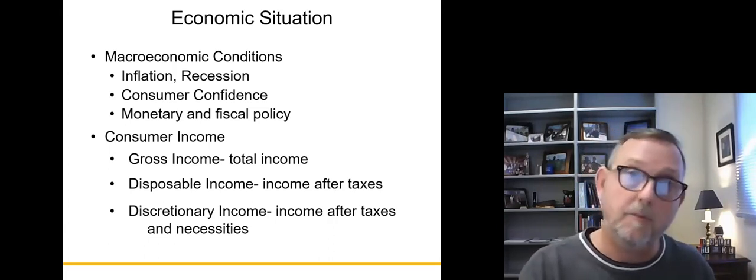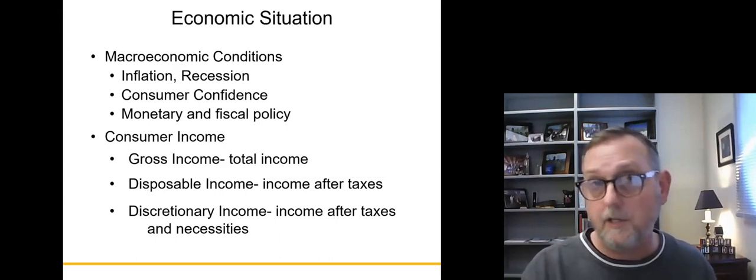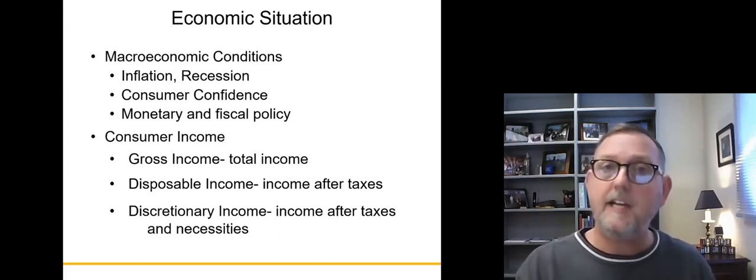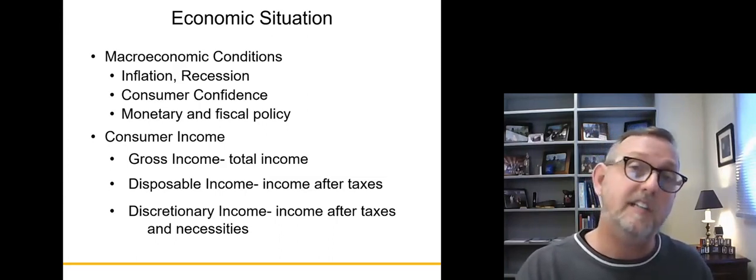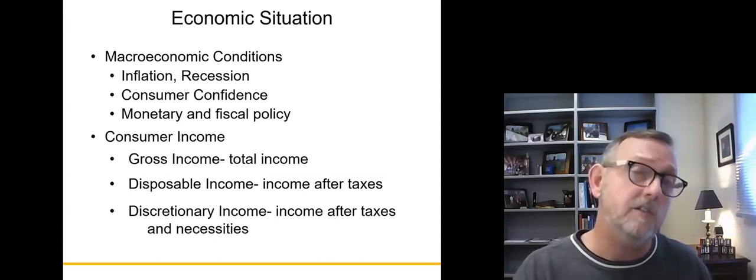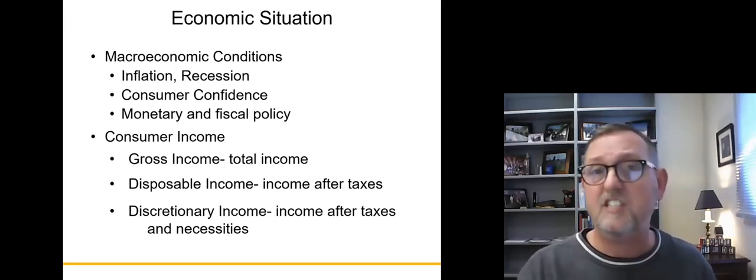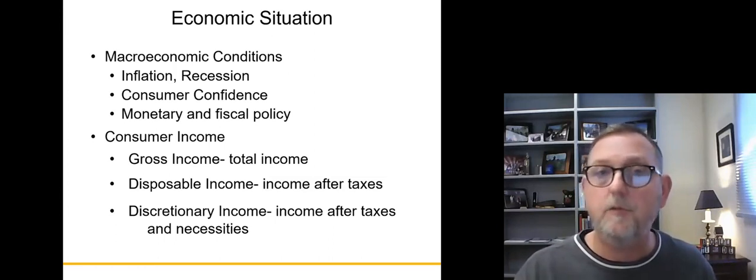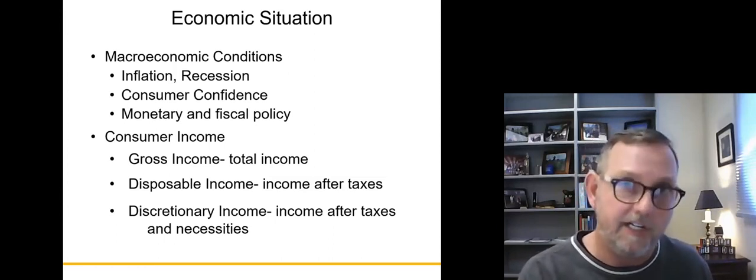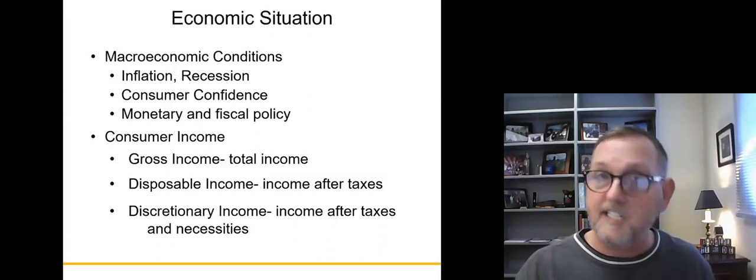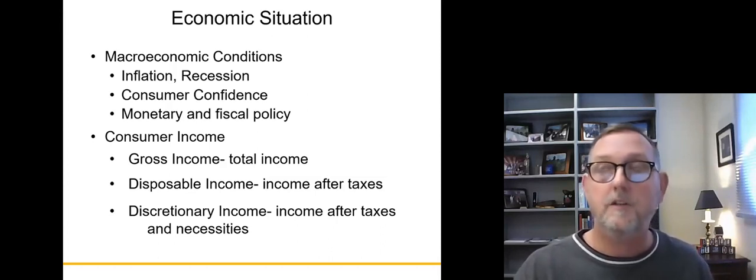After you pay taxes, then you have a certain amount of money at your disposal. After that, you have to pay for things you need to live, like your rent, your utility bills, your food bills. After your life sustaining elements are paid for, you have what we call discretionary income,